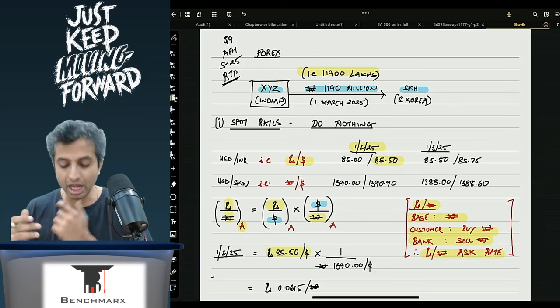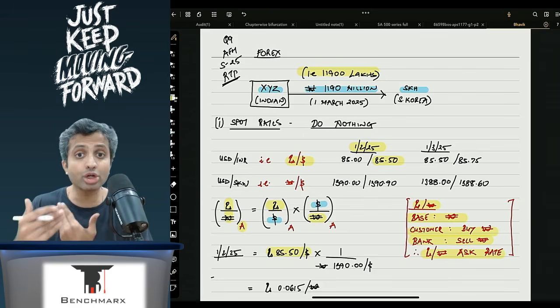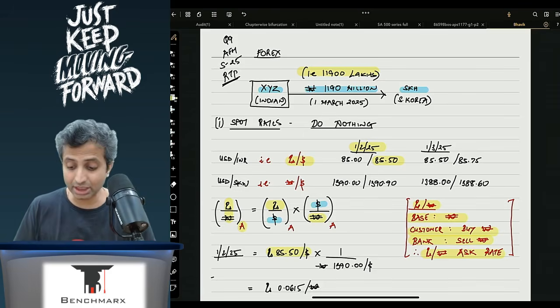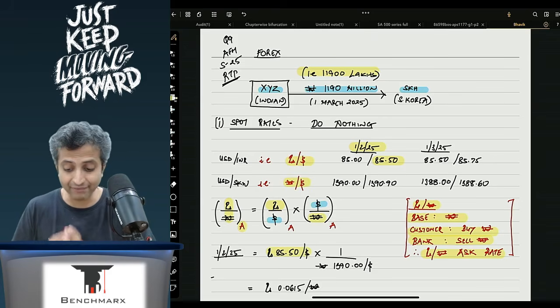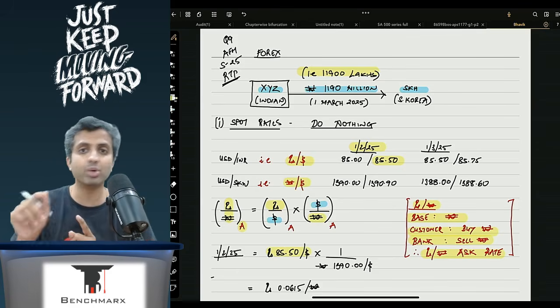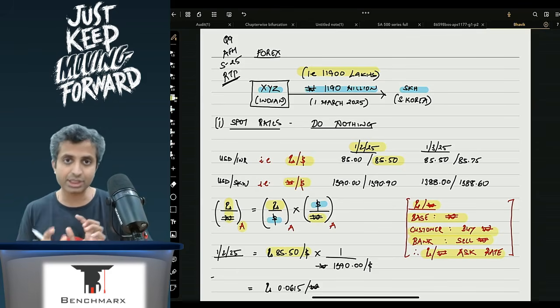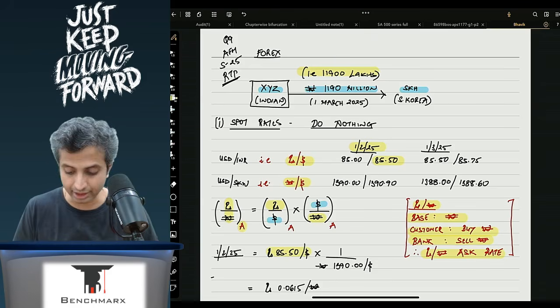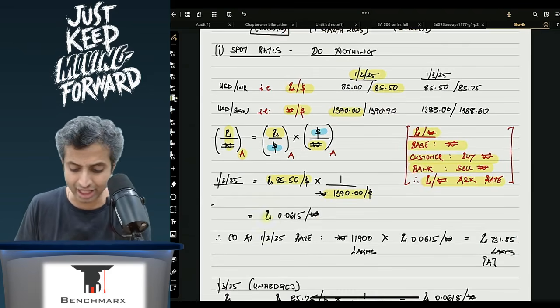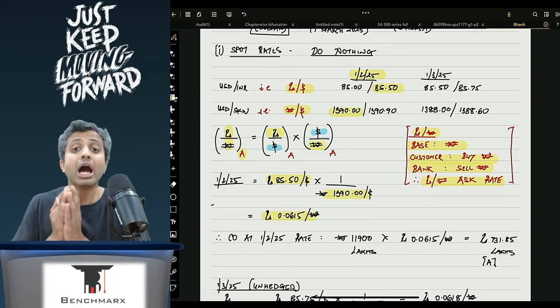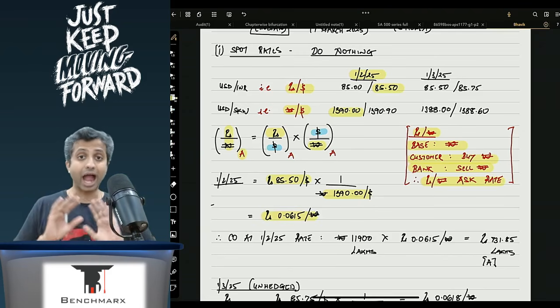However, when I look at the second rate, I want dollar per won. The question gives me won per dollar, and hence I'll have to take the inverse. But if I have to take the inverse, remember the inverse of the bid will give you the ask. So I'm taking the inverse and using the bid rate, and hence 1390 should be my relevant rate. So I will take 85.5 into 1/1390, and that will come to 0.0615. That is the rate at 1st February.